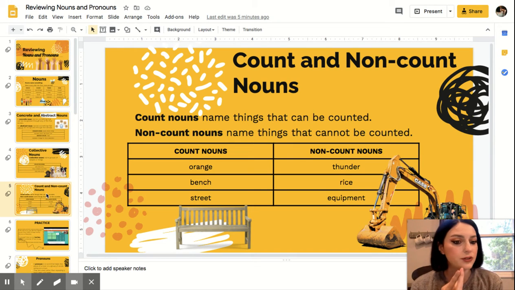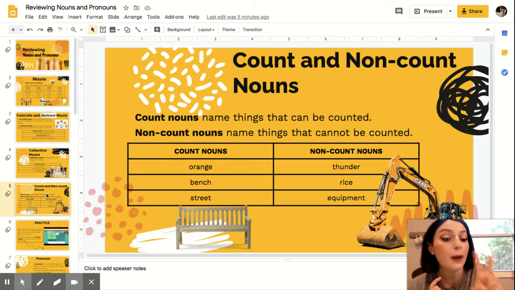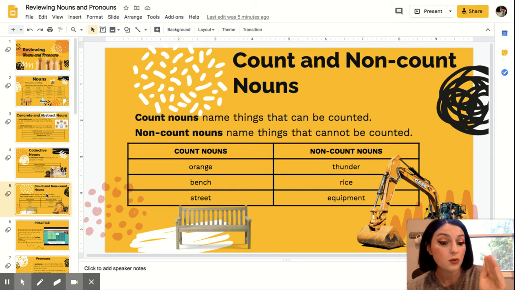Then we have count and non-count nouns. So a count noun is just what it is by definition, something that can be counted, whereas a non-count noun is something that cannot be counted. So kind of going back to concrete and abstract a little bit, a count noun is an orange because you can count, I have 3 oranges in my lunch. There are 2 benches under that tree. My house is 3 streets away from you, right? Those are all count nouns because you can literally count them.